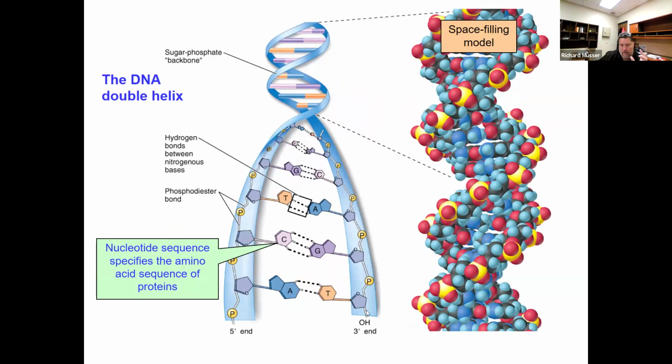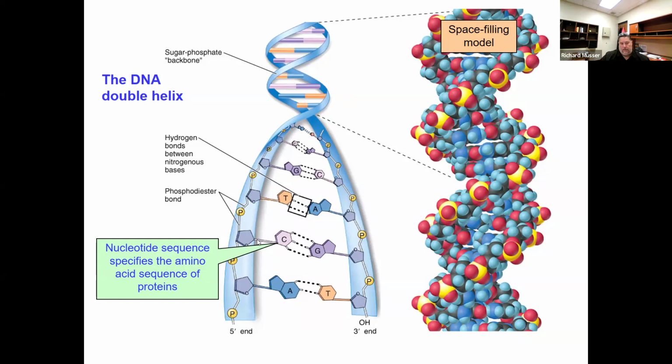Here we can see, let me show you what's happening here. We've got your ribose sugar, phosphate, ribose sugar, and then you notice your nitrogenous bases. So we've got one side facing one direction, the other side facing the other direction. And so we call one side the 5' end and the other side the 3' end. That's just the direction that it's going. So this is facing in one direction, this is facing in the opposite direction. And you'll see that adenine always pairs up with thymine, guanine always pairs up with cytosine. And these bonds get folded apart and all sorts of stuff.